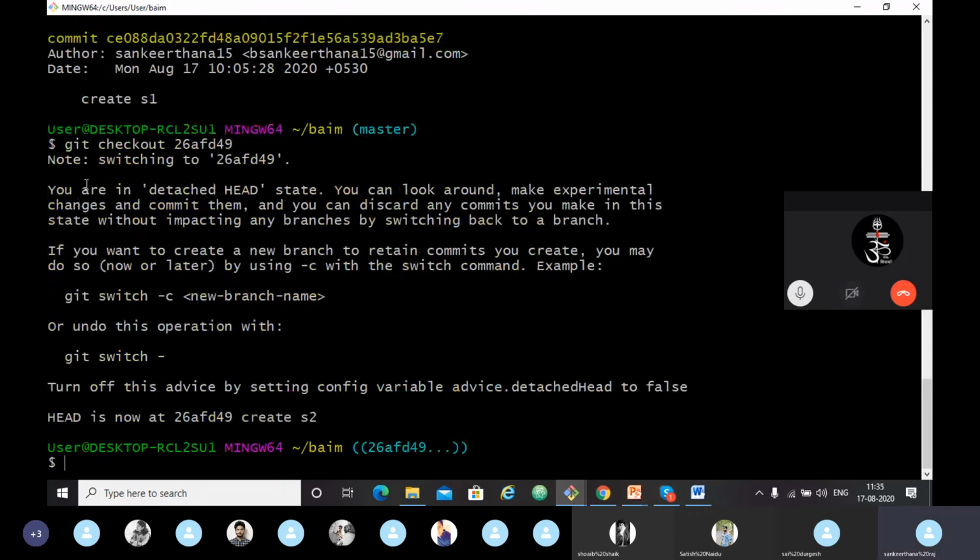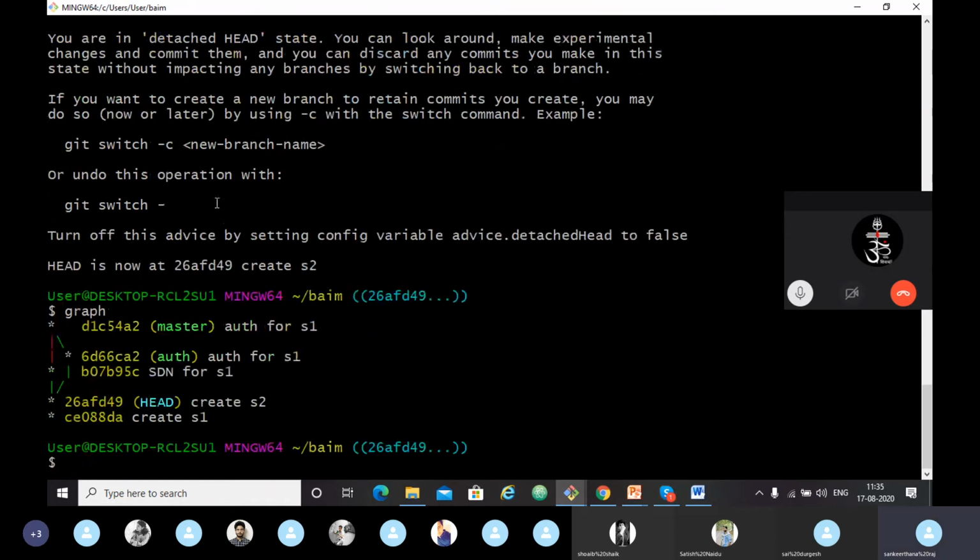It shows you are in a detached head state. That means head is pointing to this commit right now. You can see that in the graph. Here you can see head is at the commit you have made, not at any branch.